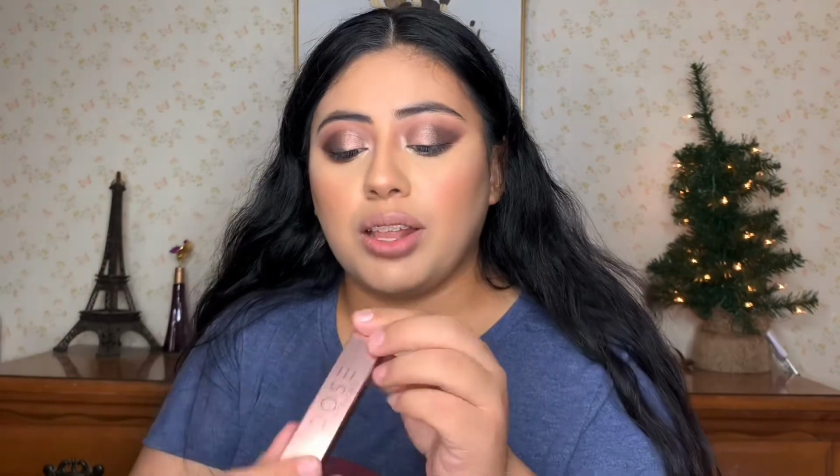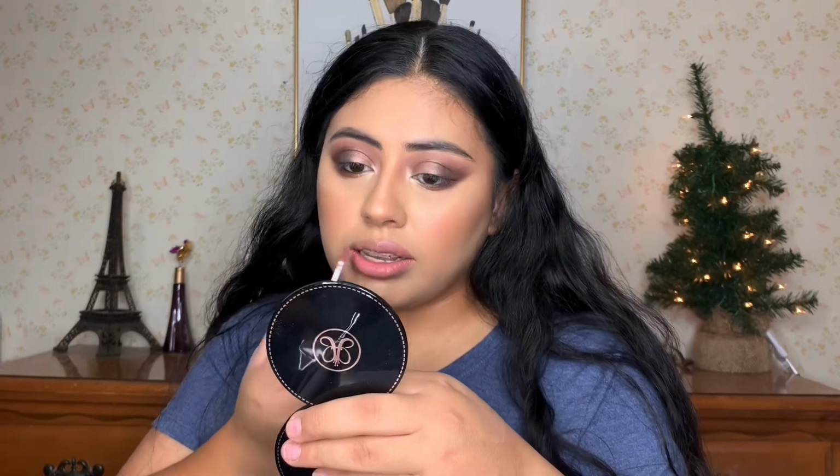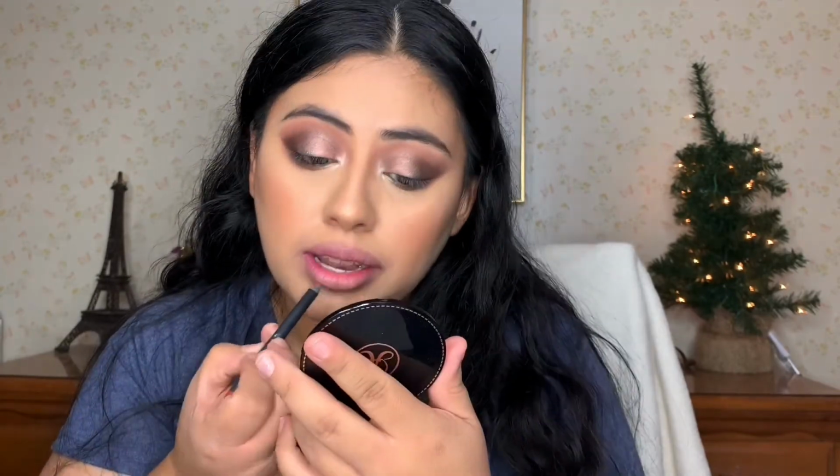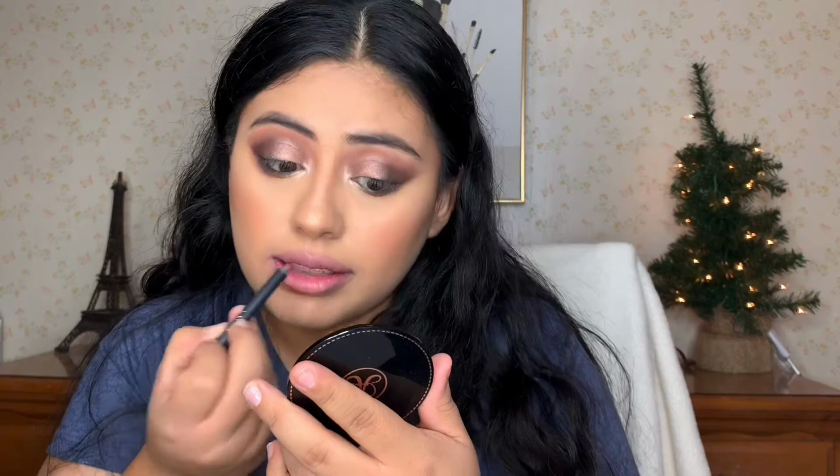So lips are lined, and I'm going to go in with the Desi X Katie Dose of Colors Lip Velvet. I love the velvet lipstick in the shade A Mauve Story. I don't like this lip color. I feel like I need a deeper shade. Alright, so I'm going to go in with a 22 from Kylie Cosmetics. This is the color that I initially was planning on using. Don't know why I decided I didn't want to, because